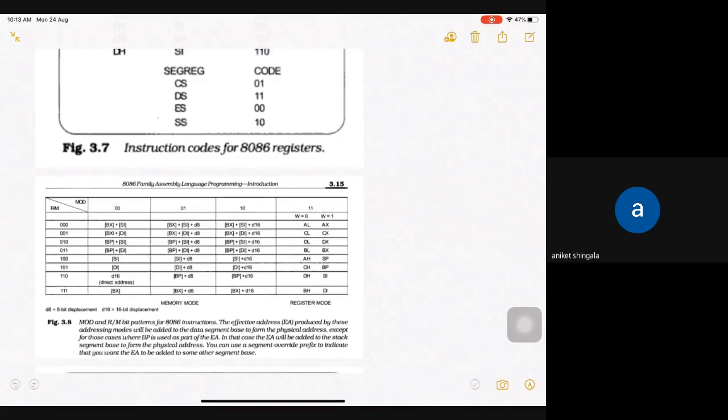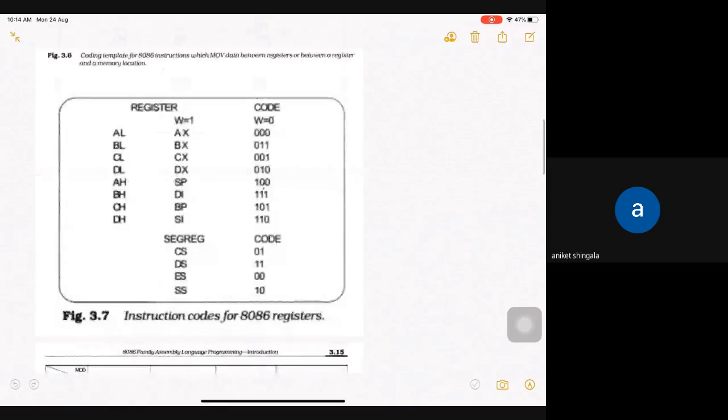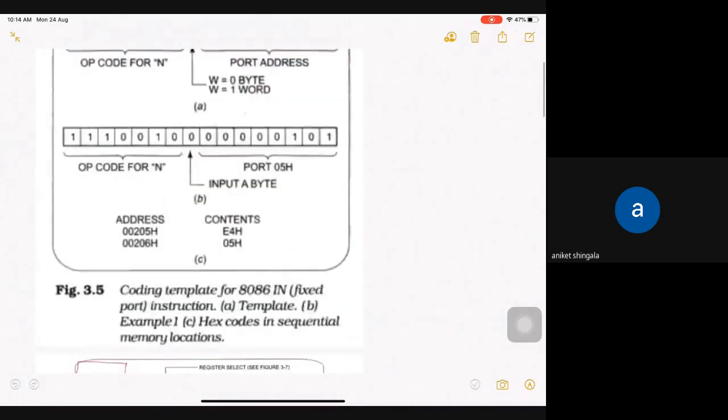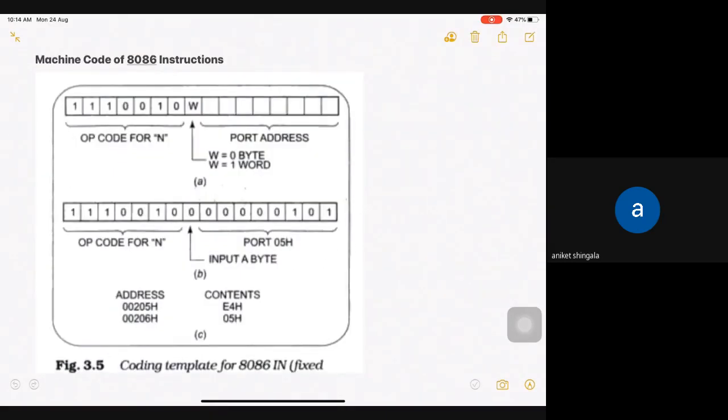Suppose I want to transfer 50 into my AX register, I can do MOV AX, 50. I can do the same thing using MOV BX, 50 and MOV AX, BX. So the same thing can be done in multiple ways. That is called addressing modes.